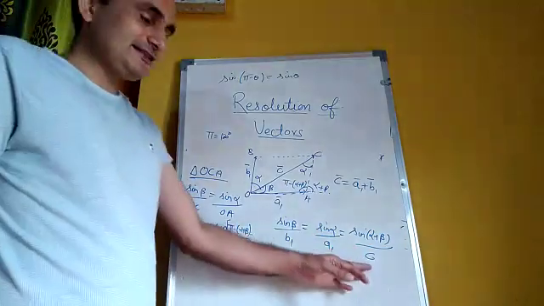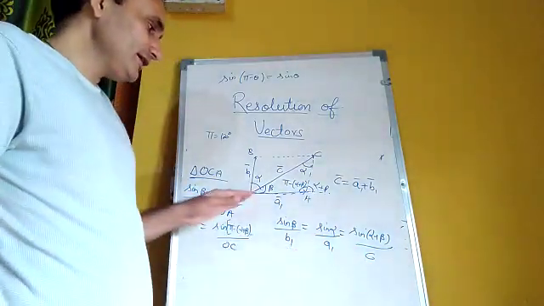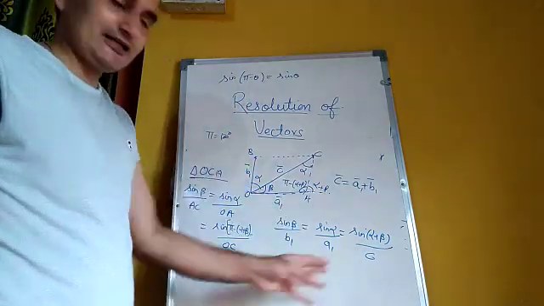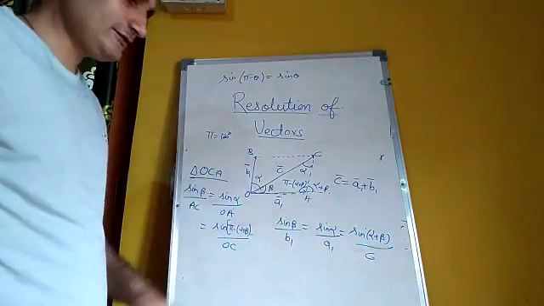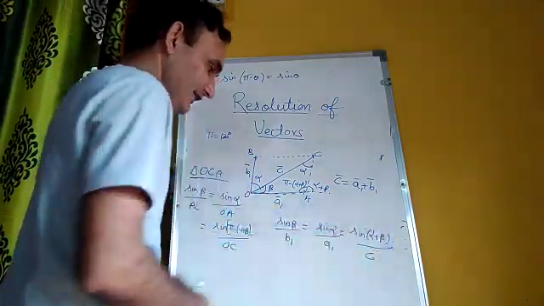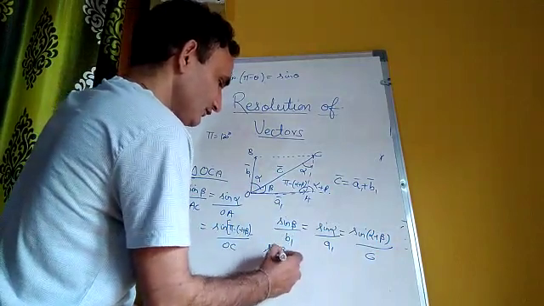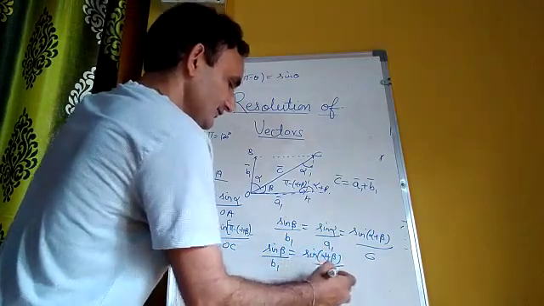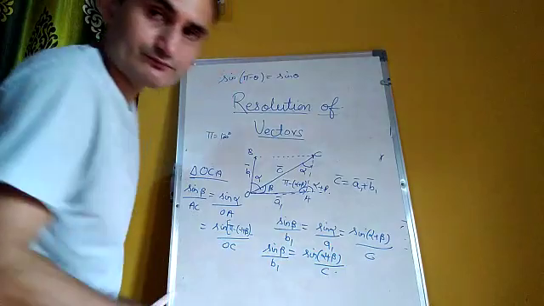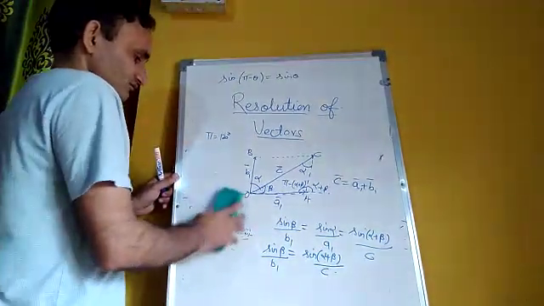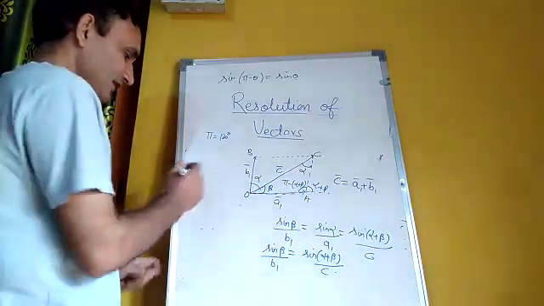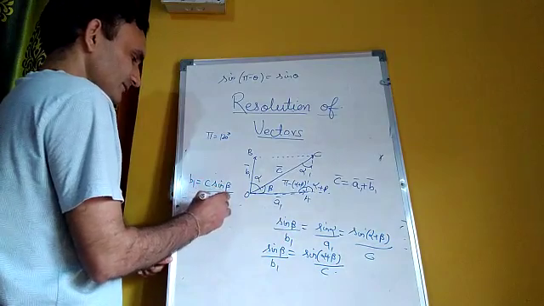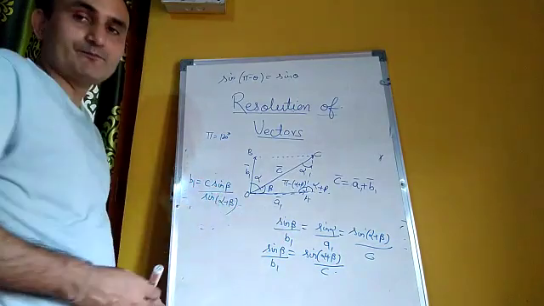Now we all know that C is the original vector that we wanted to break into A1 and B1. So the lengths of A1 and B1 are still unknown, but now we can find them in terms of C and these angles. Suppose I take this one and this one together. So sine beta over B1 is equal to sine alpha plus beta over C. So now I am rearranging this part. If I combine them, I will get B1 is equal to C sine beta over sine alpha plus beta.